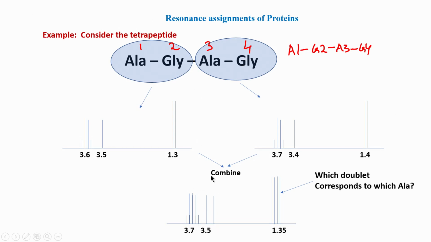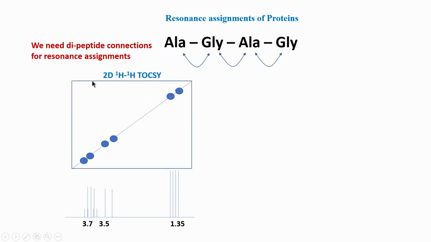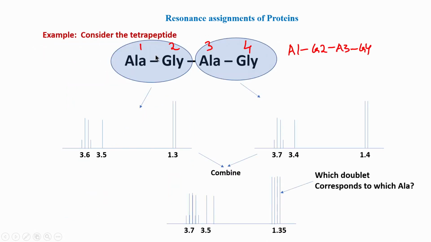That is why this whole business of resonance assignment becomes important, because just looking at a 1D spectrum you do not get that information at all, and even from 2D we will not get it. So we can do 3D. Let us see at least whether with a 2D we can assign this tetrapeptide. How do we do that? Let us say that we have a TOCSY spectrum. What is needed in the resonance assignment of a protein is dipeptide connection. Let me go back to the previous slide. Here you see we knew there is a glycine and alanine here.